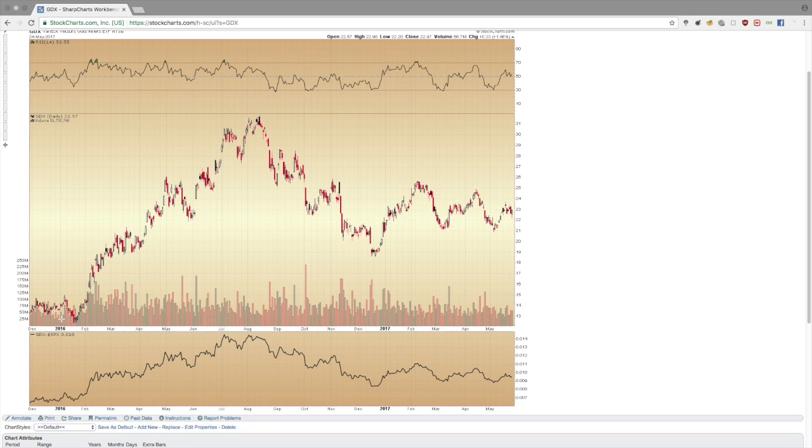This fund started 2016 down here right around 13 and a half, and we saw the strong rise out of 2016 out of the lows up to almost 32. So you had about 160% advance here in just a little bit under 6 months, and then you had this pretty severe correction in the GDX. And then you've been in a real consolidative type of mode here, just a back and forth, up and down consolidation here happening for the better part of 2017.